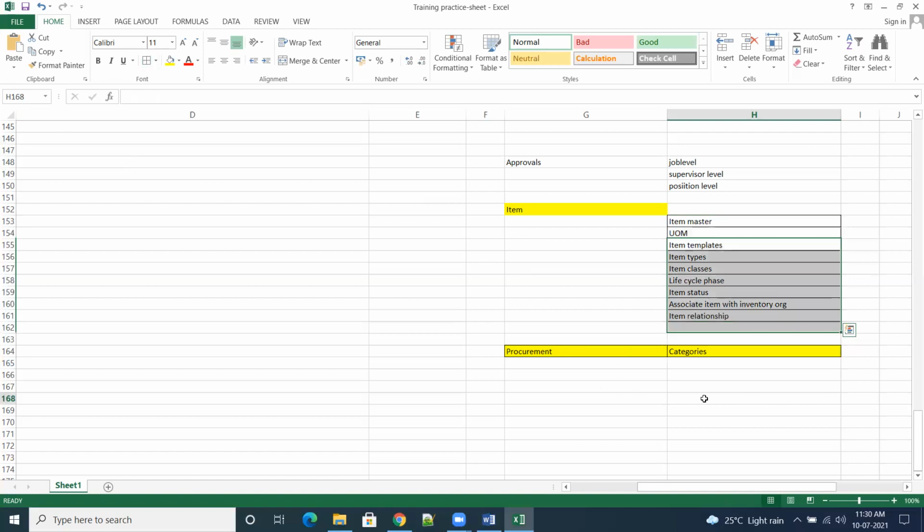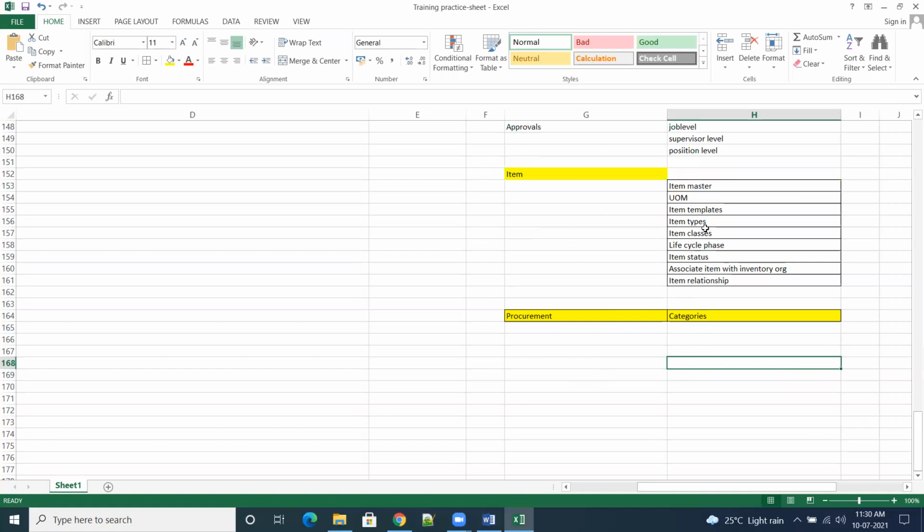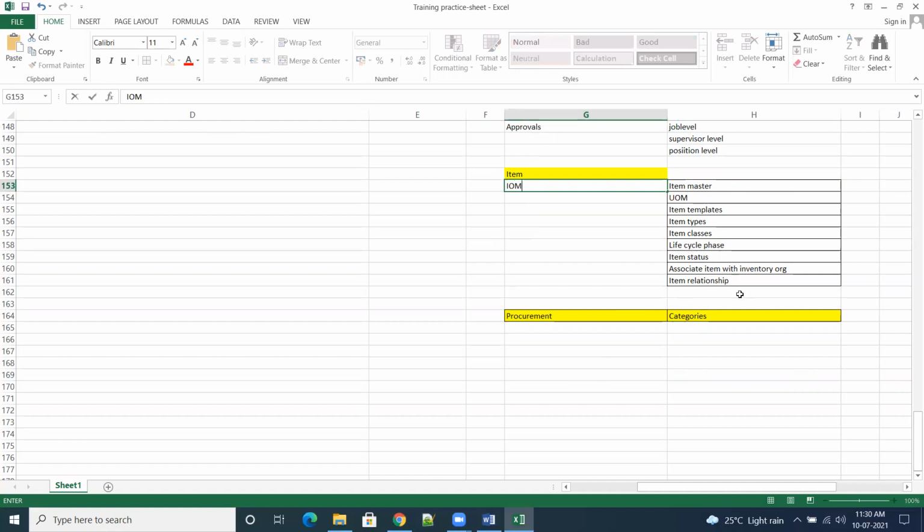Without a category, there is no question of the item being present in the system. So item creation will happen in the IOM. IOM means master organization. Association will happen with inventory. So that is what we define, the item org.